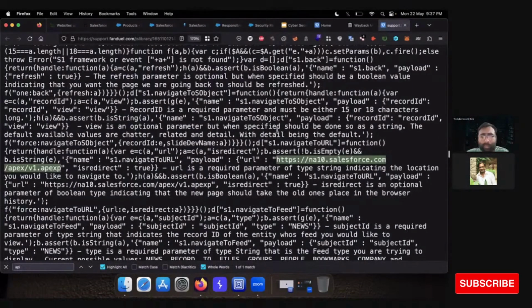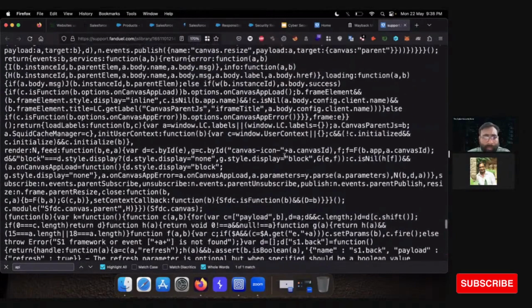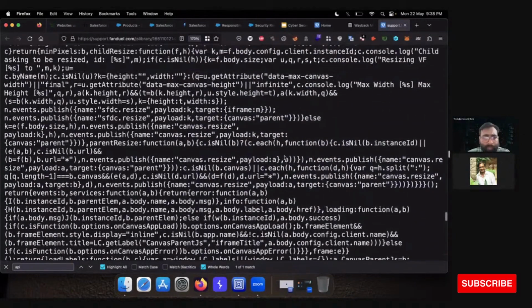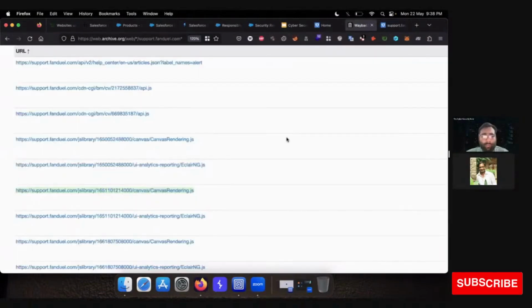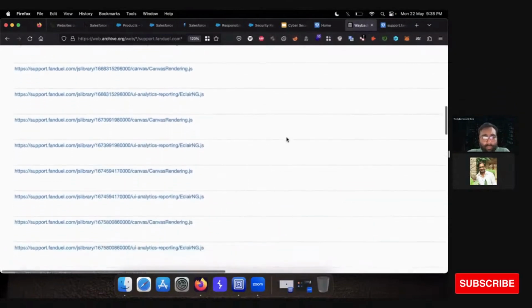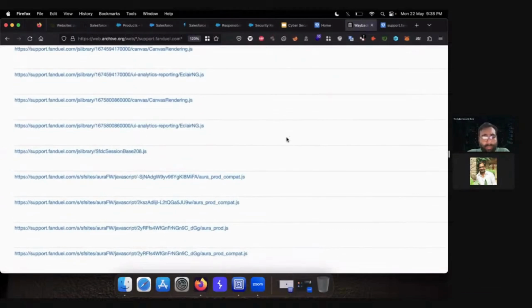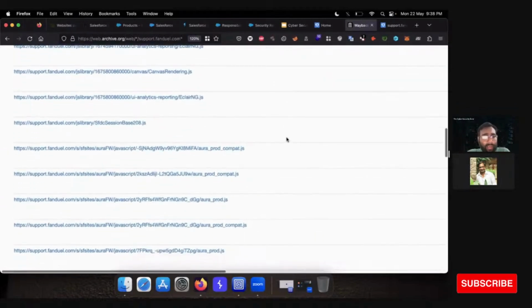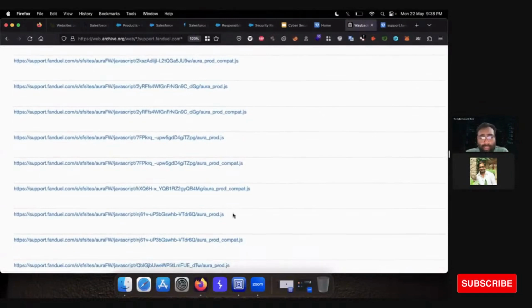So all these URLs are protected with the authentication process. You need to open every JS file you can find on your target, because some of them surely have some data, like this production JS.